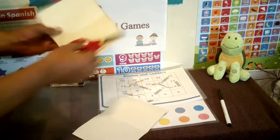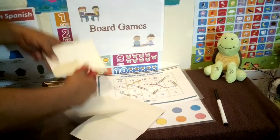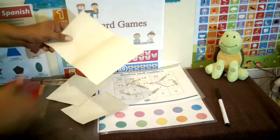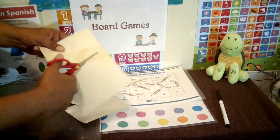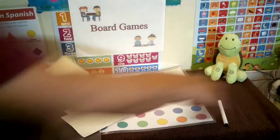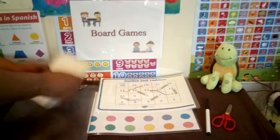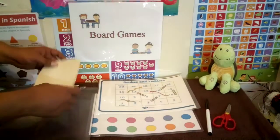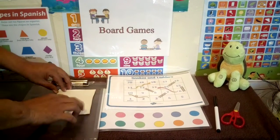Then I'll cut this one down the middle, down the line. And then I'll cut this one. So now I have 4 pieces of paper. You could cut 2 or 3 pieces of paper just like this to make more playing cards. Put all your cards in one pile like this